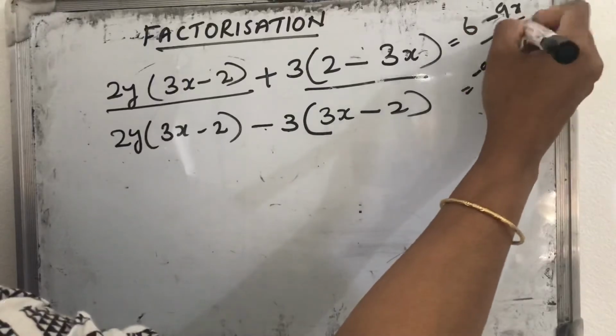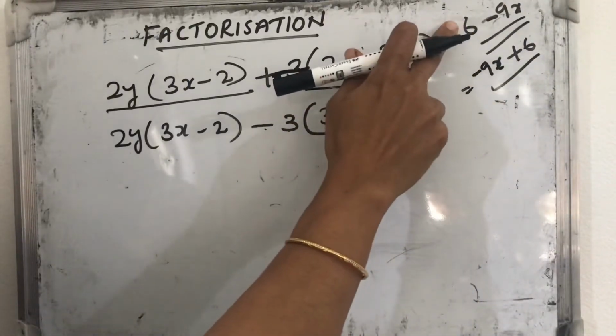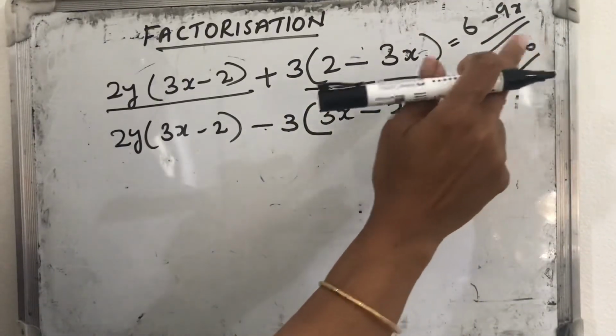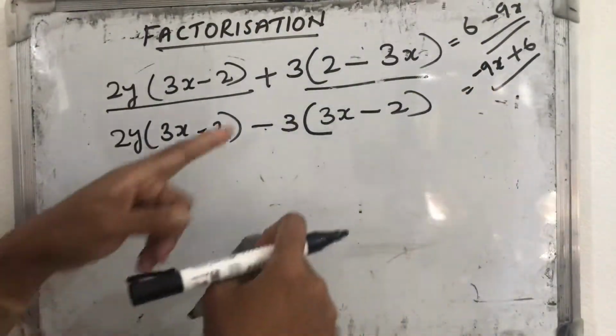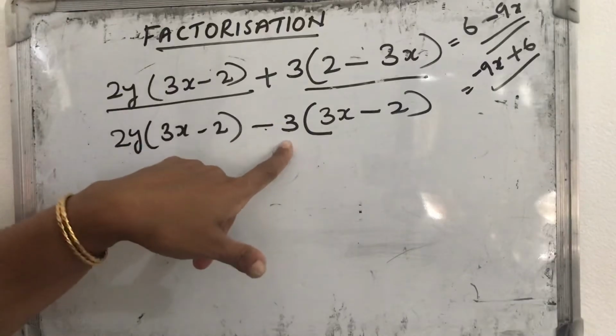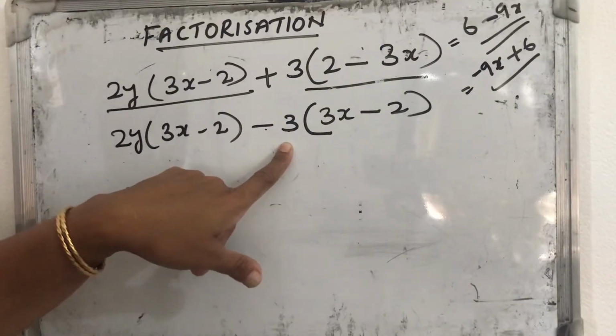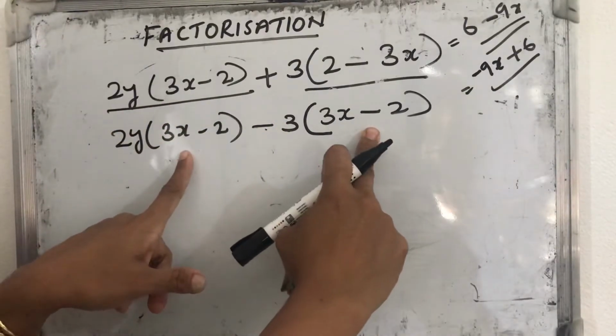So 6 minus 9x, the same answer. The 6 is positive here also, and minus 9x, minus 9x. We rearranged this term to get a common factor 3x